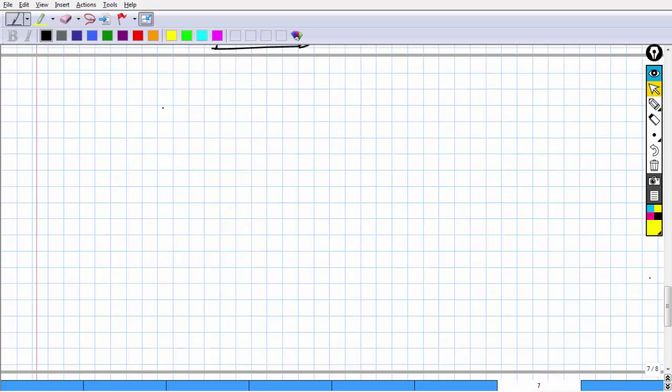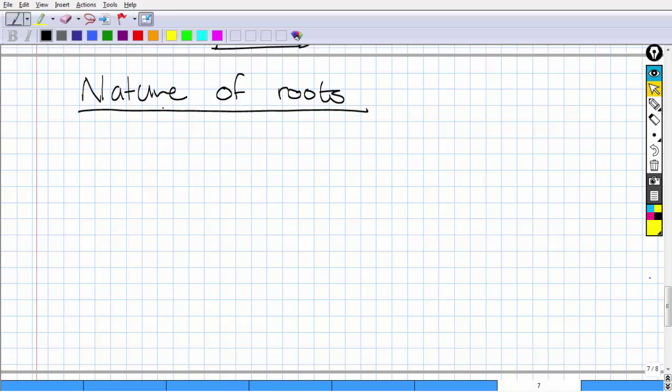Okay, so I want to go off on a tangent a little bit here and discuss the nature of roots. When we talk about the nature of roots, or when they ask what is the nature of this root, or when will these roots be equal, real, non-real, all that, we've got to take a look at the quadratic equation again. The reason for that is we have a trinomial ax squared plus bx plus c equals 0. And we find the roots of this trinomial by saying, well, okay,